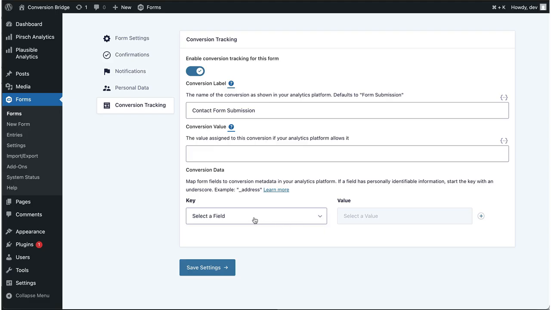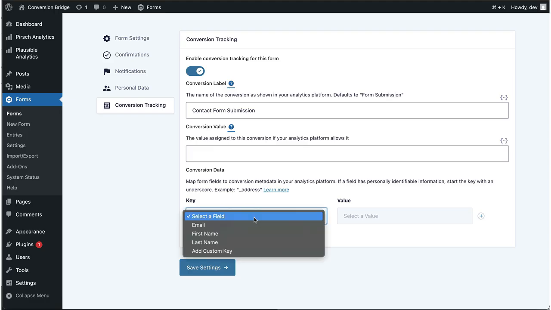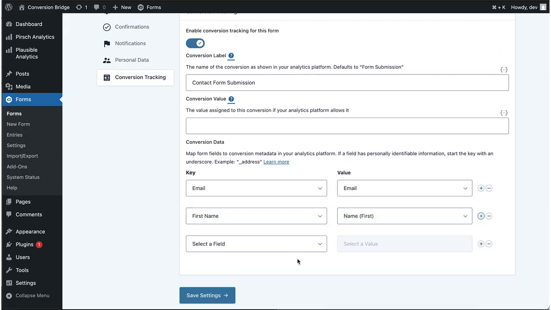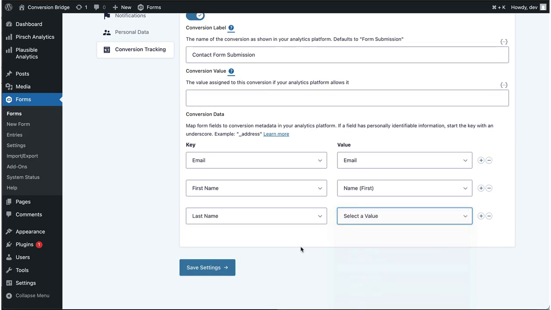For enhanced data, we want to use the predefined fields, which we'll see when we click the drop-down, such as email, first, and last name. And we select one of those and associate it with the respective field from our form. We can also pass additional field data as well,